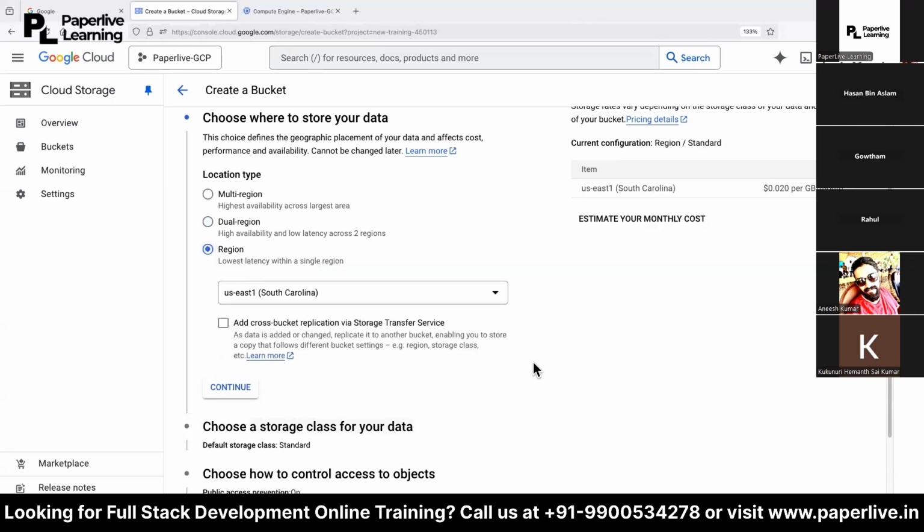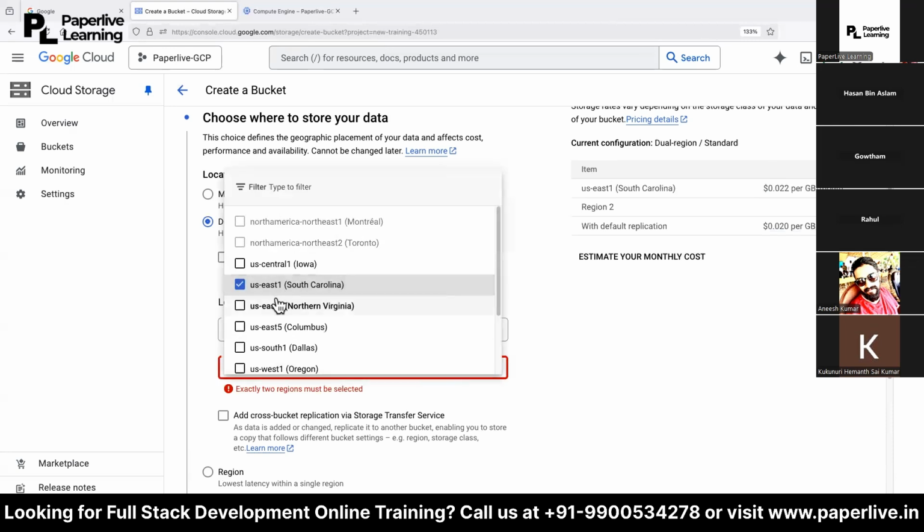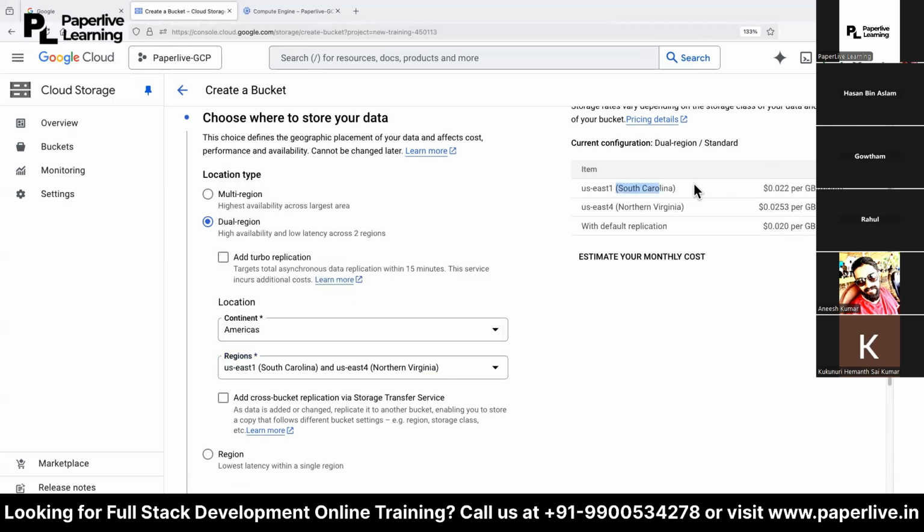See, for a region, you can see 0.02 per GB per month. And if you go with the dual region, see in both places where it is changing, to 0.022 per GB per month and 0.0253 per GB per month.